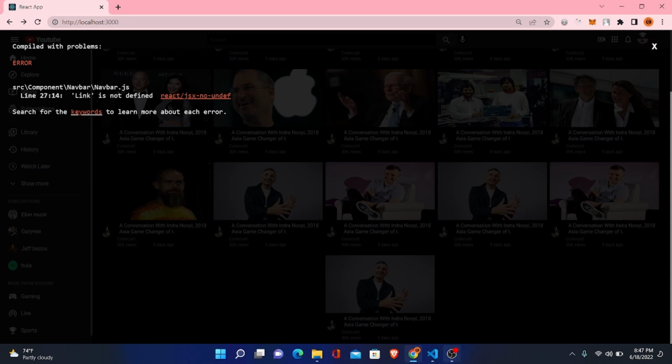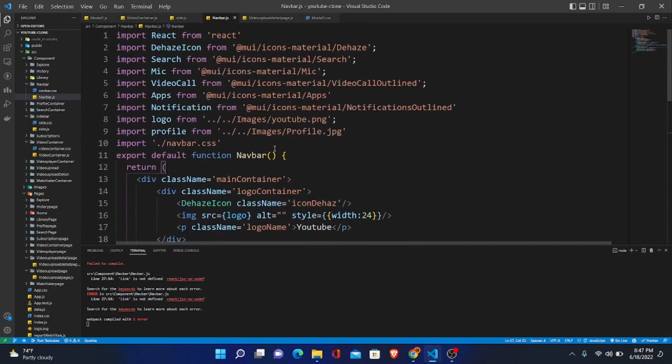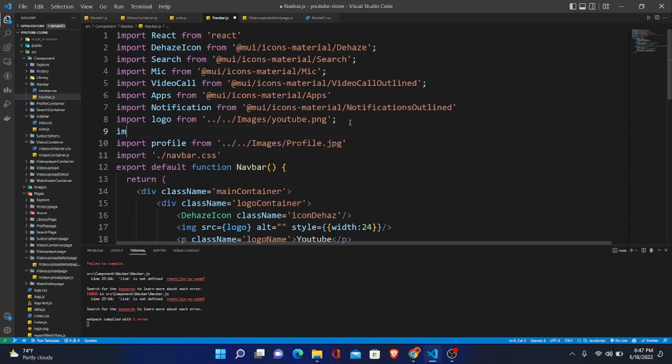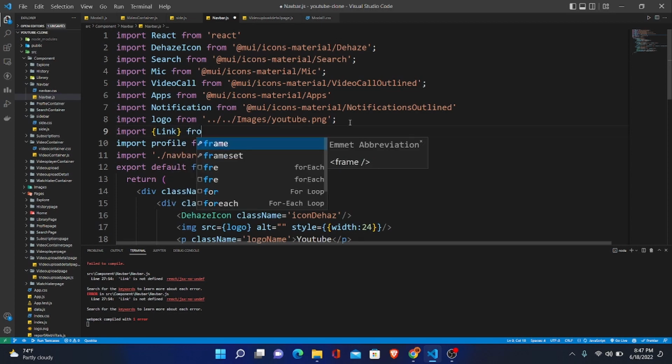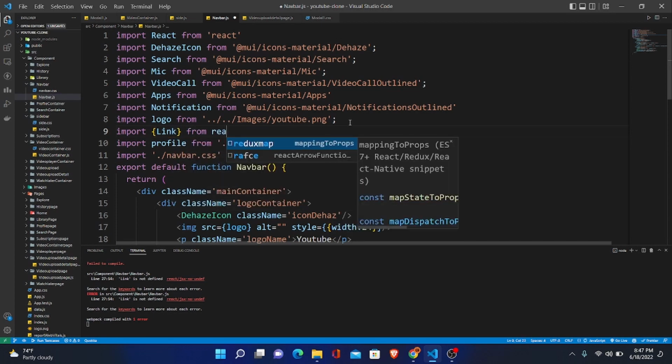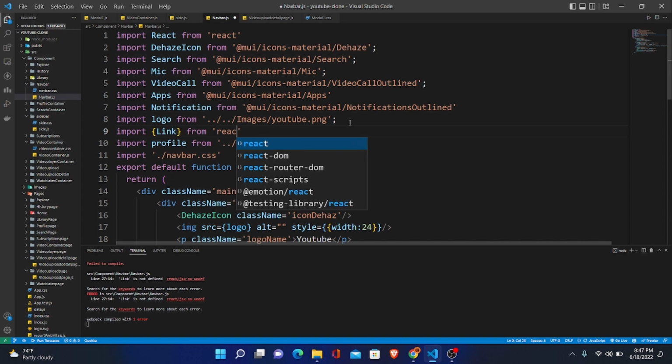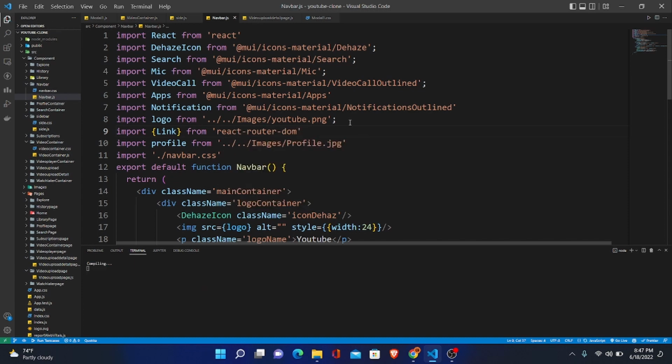Okay, so I got a problem here. So let's import, sorry for that, let's import our link from React Router DOM. So let's save this. Okay,